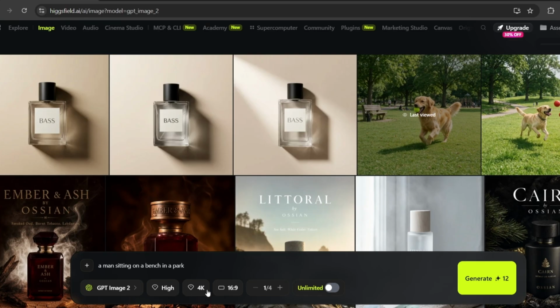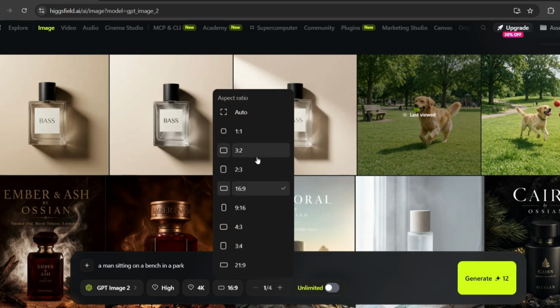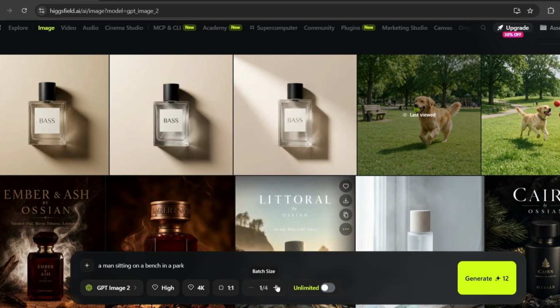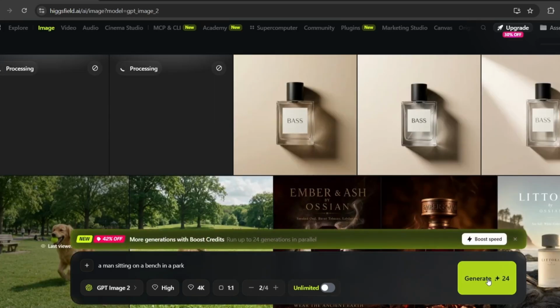You can select the aspect ratio, which I'll go with a standard 1x1 square. And for the batch size, I'm going to be generating 2 images simultaneously so that we can have a variety of options to choose from in case of any weird artifacts or morphing. You can then also turn on the unlimited mode, which won't cost you any credits for generations. But for now, I'm just going to use it as is and click right here on Generate, and our images